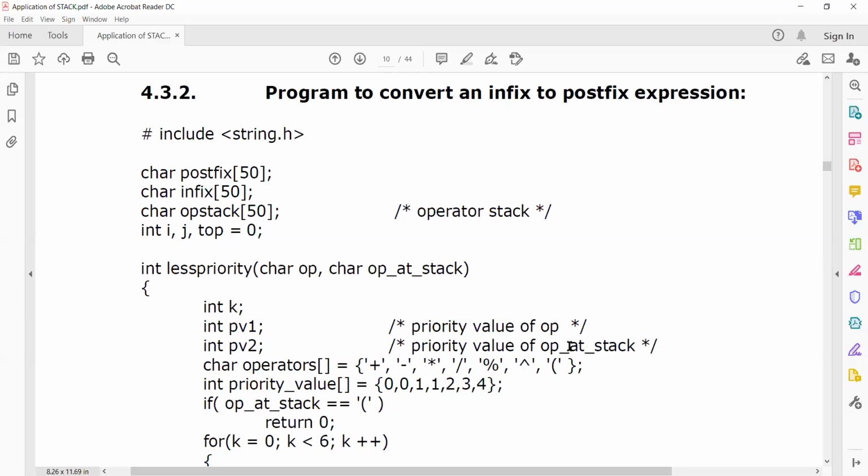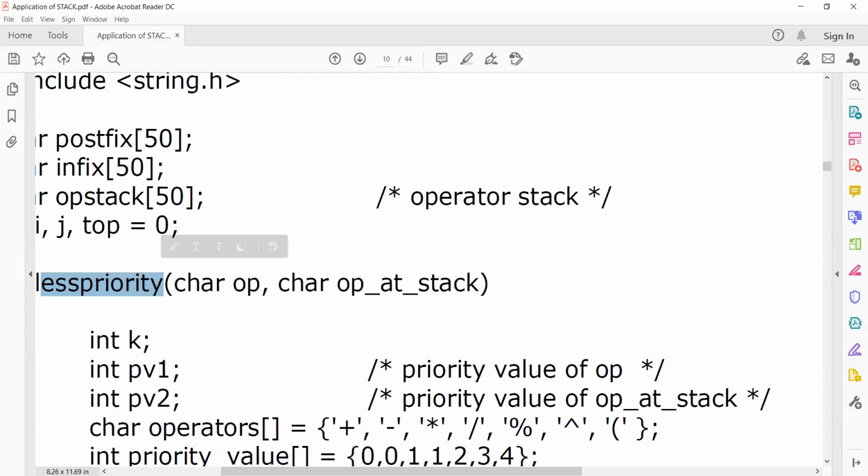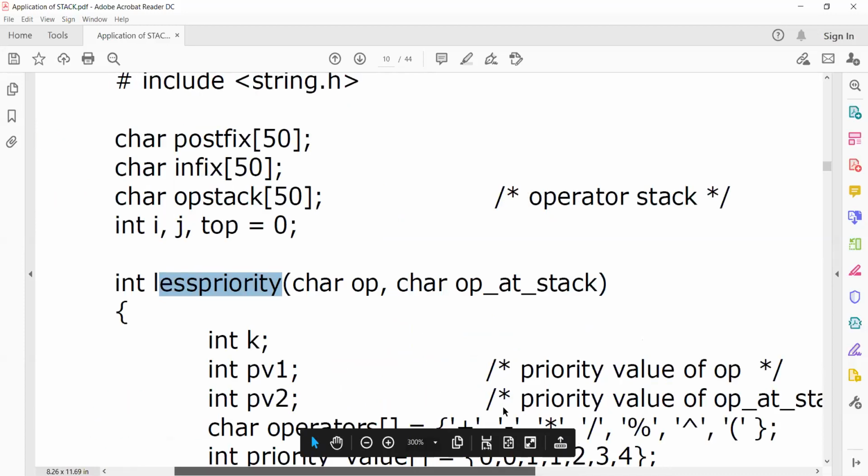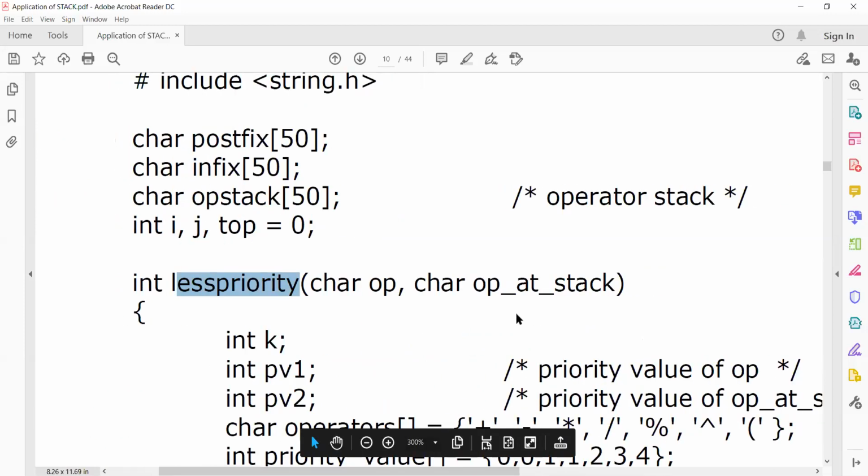Apart from this, for the first two cases, in the sense of conversion of infix to postfix and infix to prefix, we have to check for the priority. Anyway, we have to check for the priority, the precedence; you can name it as precedence also.